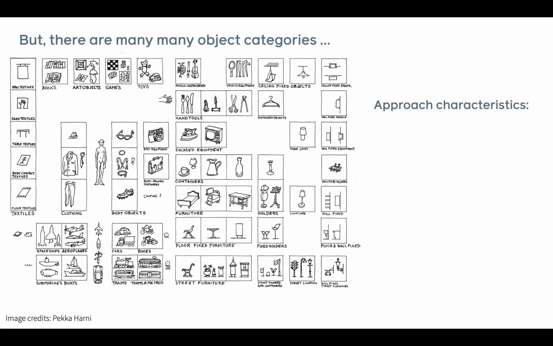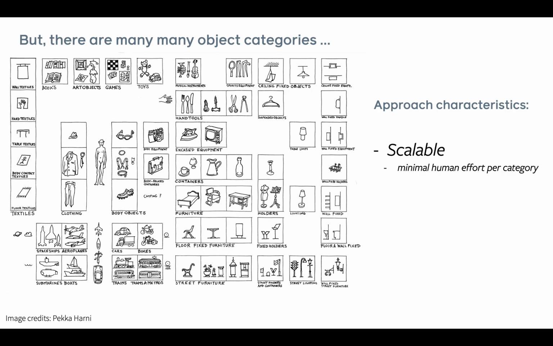So there are some characteristics that an approach that wants to infer the 3D of all objects must have. Concretely, the two characteristics that I think we should care about are, first, the scalability of the approach. That is, if we want an approach for 3D inference to work on a new category, such as okapis, then the amount of annotation or the amount of human intervention required to learn 3D inference for this new category should be as minimal as possible. And so this can really allow us to scale our approach to these tens of thousands of object categories